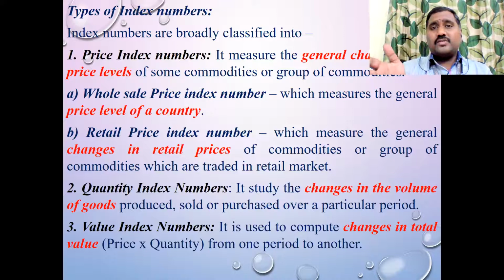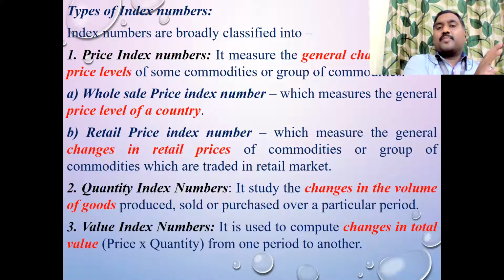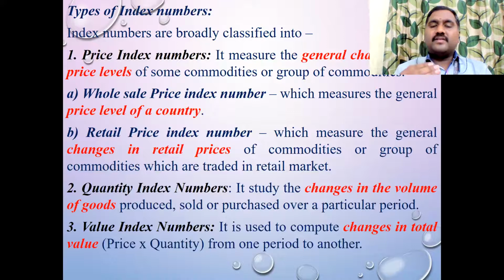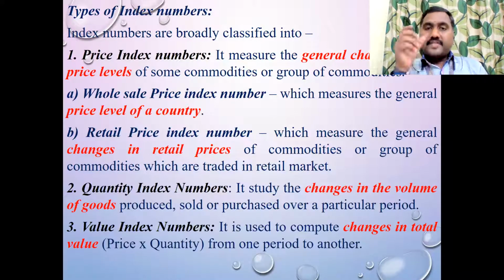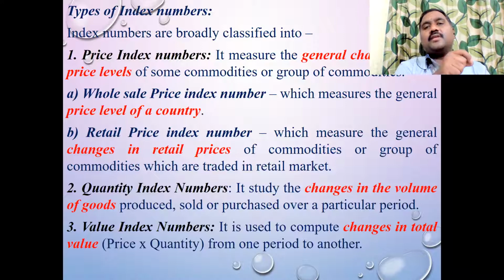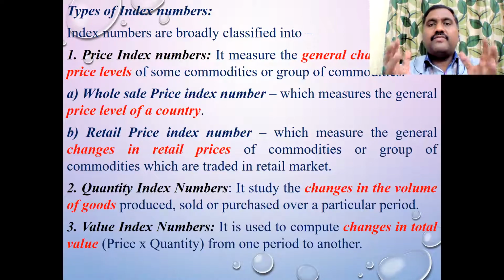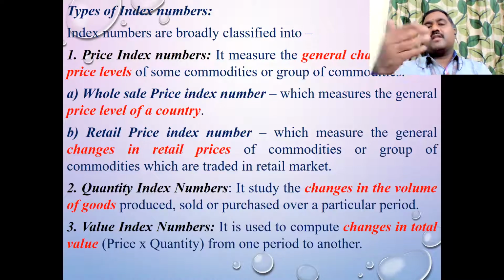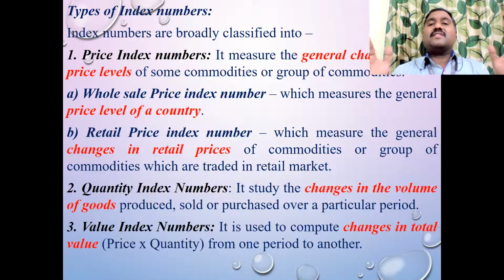You can see the difference between the wholesale price and the price set by the shop. And similarly, come to the retail price index. Retail price index is like a retail showroom. The same half liter Nandini milk, if you are purchasing from DMart, it will be 18 rupees 50 paise, 50 paise less than the MRP. Because that retail showroom, DMart, is not only selling milk, they are selling many products, many commodities. They have different groups of commodities, different product varieties. So these changes in the price can be identified. This is called the price index number.